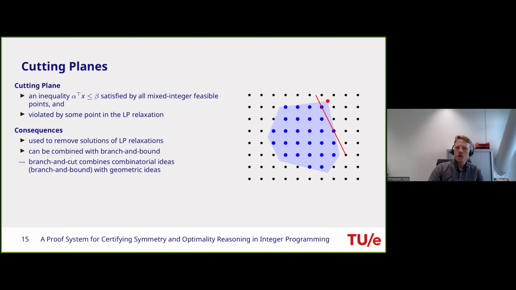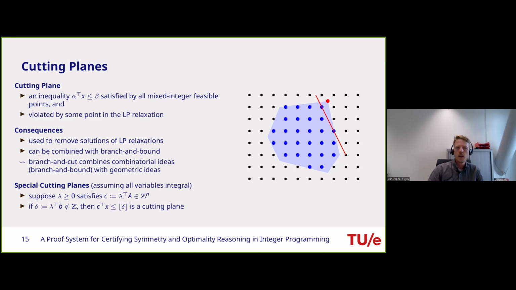The nice thing about these cutting planes is that they do not only serve as an additional tool, they can also be combined with branch and bound. So whenever I compute a solution of a linear program, I can also check whether there exists a violated inequality and I can add it. And this allows me to combine the, let's say, combinatorial ideas of branch and bound with more geometrically inspired ideas